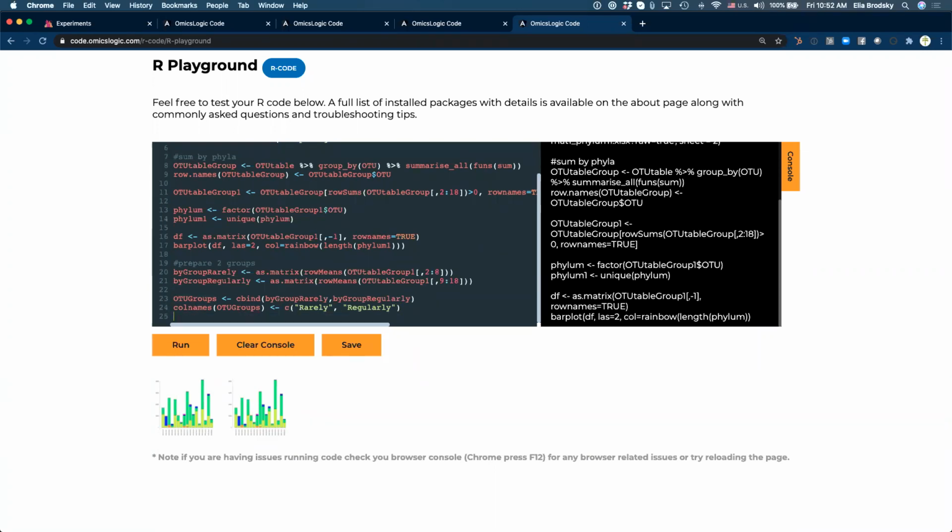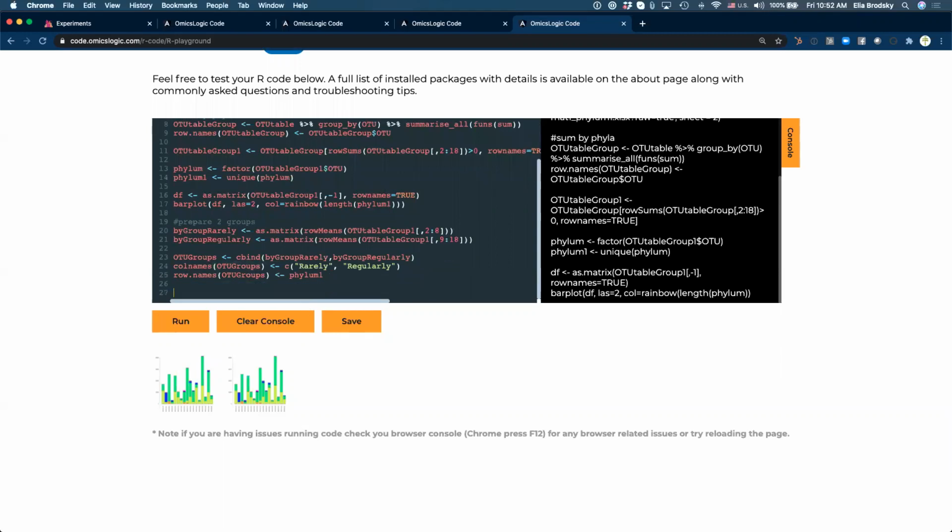And the row names for this are going to be phylum 1. And now we can plot it. So again, we can do bar plot.